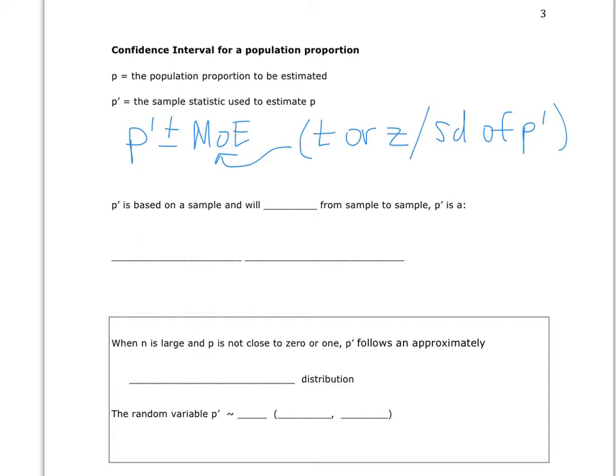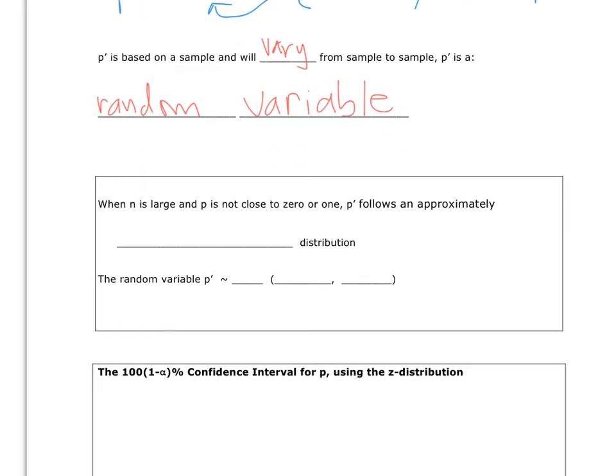So let's talk a little bit more about P prime, this sample statistic. It's going to vary from sample to sample. So P prime is a random variable, just like x bar and s. And as such, it has a distribution. Now, it turns out when we have a really large sample size, and the theoretical probability, or that population probability P, is not real close to either 0 or 1, it's somewhere in between, P prime will follow an approximately normal